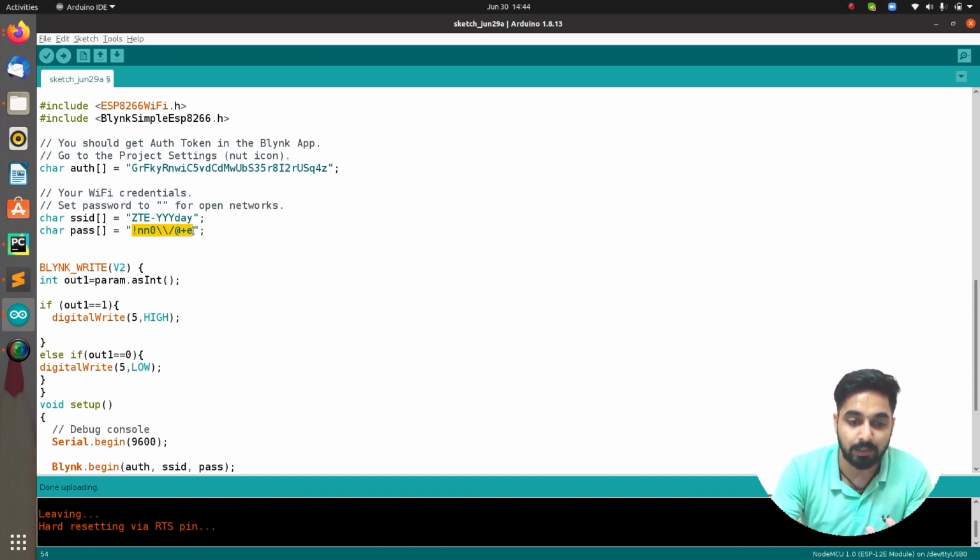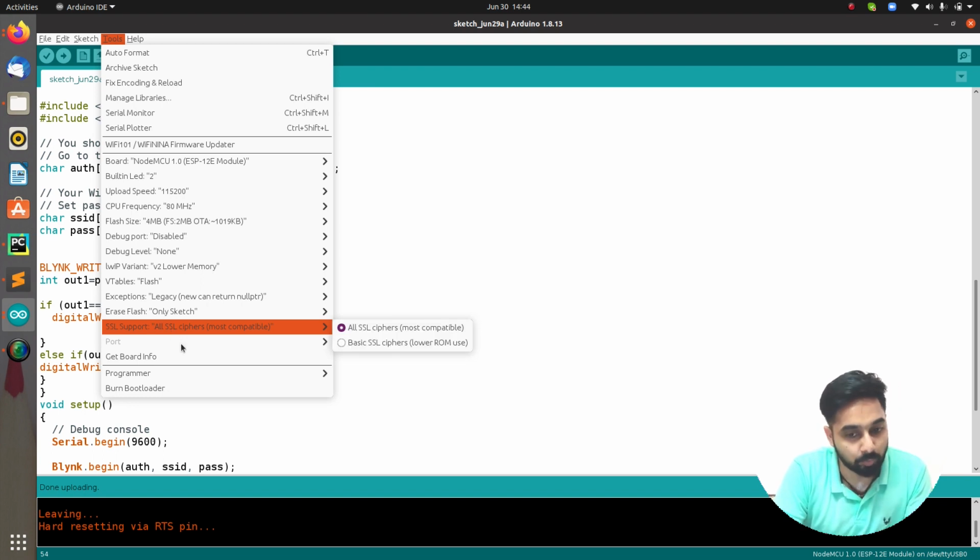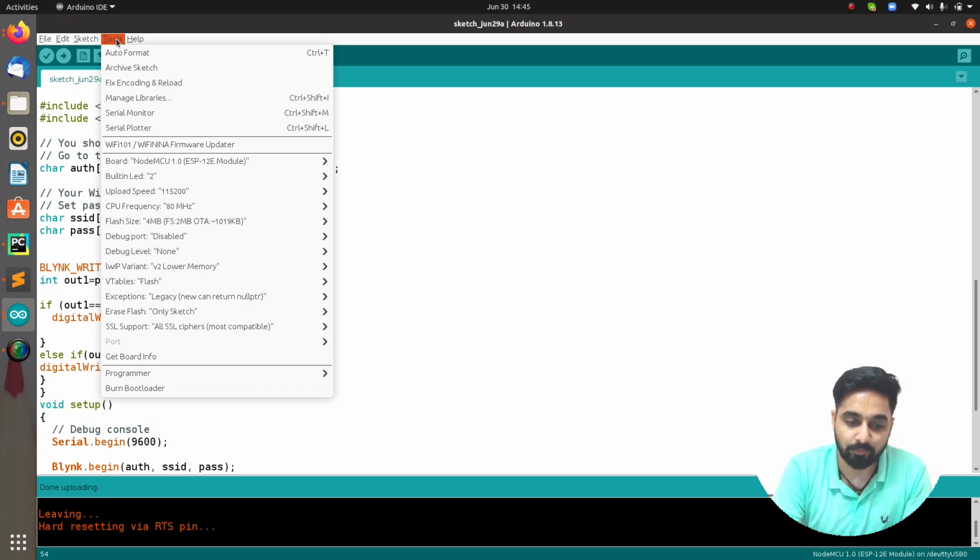Now the next thing is that you have to upload the code, because all the code is already there with me, so I don't have to write everything from scratch. So I just need to upload the code to the Node MCU so that we can further start with it. For that, first of all, go to tools, and in here select the board which you are using, and over here just connect the Node MCU to your system, and then click on the upload button. So let me just do it for you.